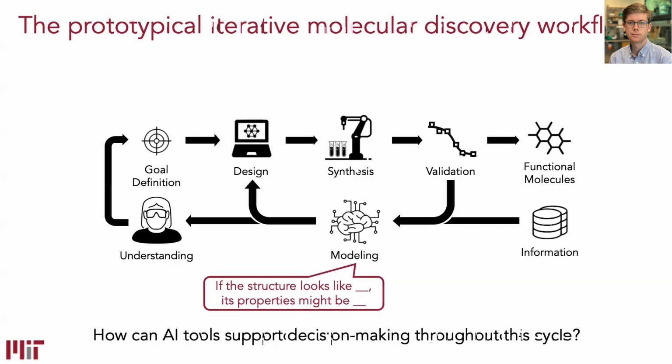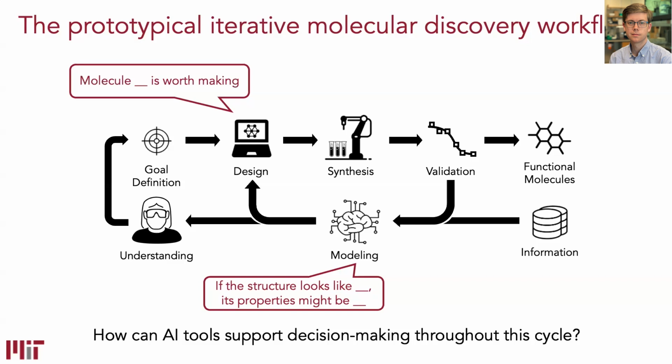And so just walking around the cycle, starting at the bottom, we can think about this sort of piecemeal use of artificial intelligence, helping us answer questions like, what are the properties of this molecular structure that I've just hypothesized? We can think about the design question of just directly saying, what molecules should we be trying to make or test? We can think about models that try to come up with the synthesis plans or the recipes for how we might produce those structures. And overall, this will help us accelerate our navigation through this cycle.